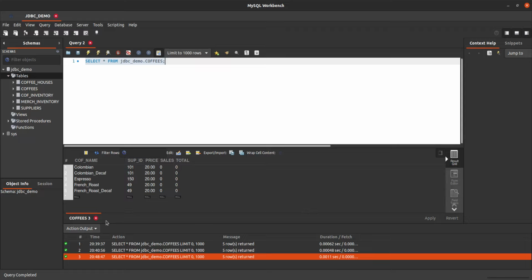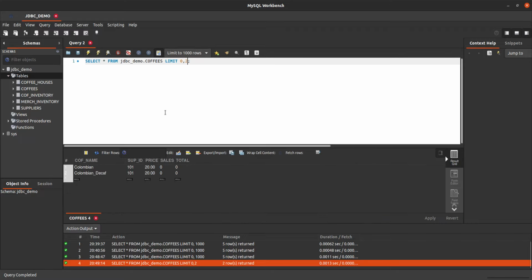Currently this table has 5 records, so it returns 5 records. If you want the first 2 or 3 records, you can use limit, starting from 0 to 2 records, and now you get 2 records.